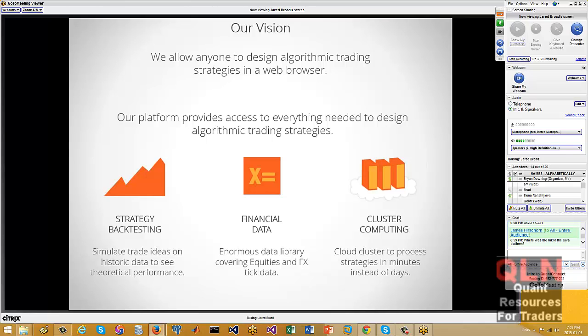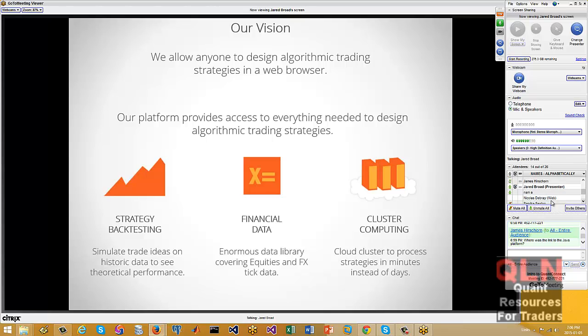We don't need to gather the same data. We don't need to write the same execution. So QuantConnect was formed to save all that effort. So we provide everything for free on an open platform online. You can design and test your ideas using our tech library.